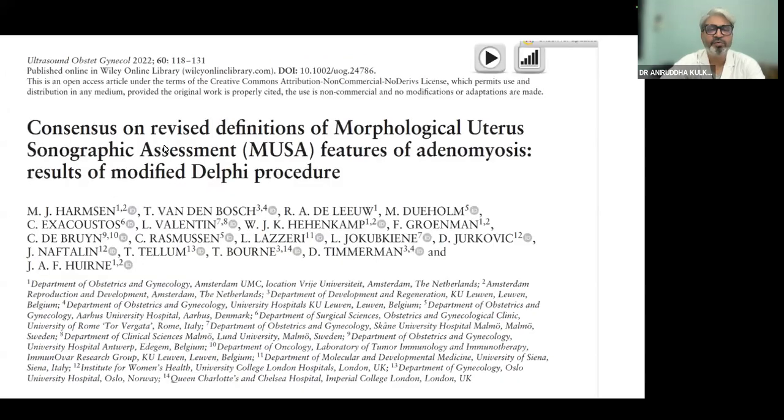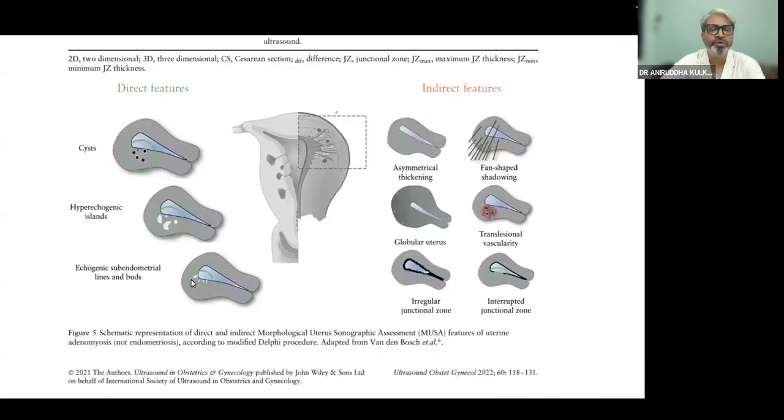The consensus on revised definitions of morphological uterus sonographic assessment. This was the article in 2022, where this Delphi procedure modified some of the terminologies, out of which direct signs and indirect signs of adenomyosis is one of the key features. They stated that direct signs are cysts, presence of hyperechogenic islands, echogenic striations or subendometrial lines or buds. These are absolutely direct signs of adenomyosis, where your level of confidence and specificity in stating it to be adenomyosis